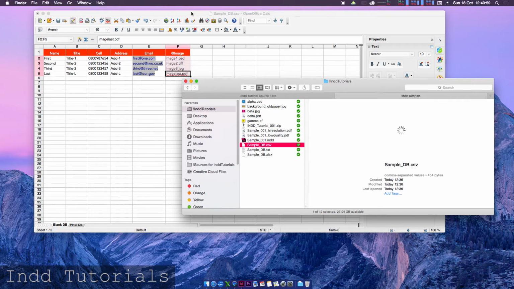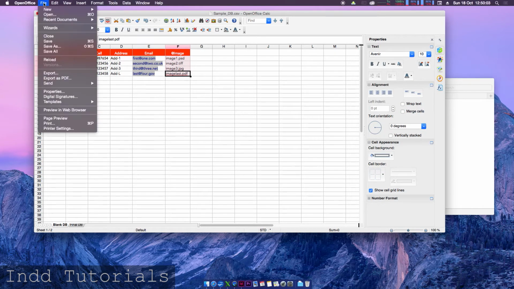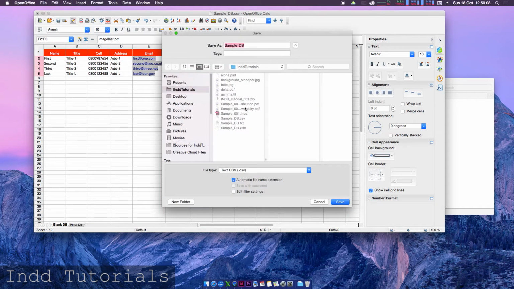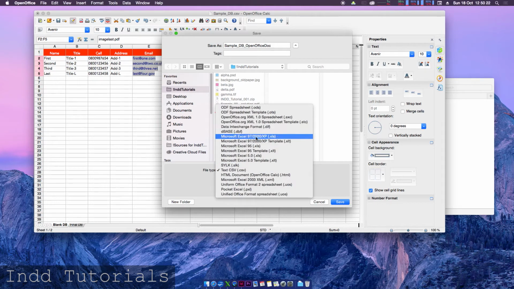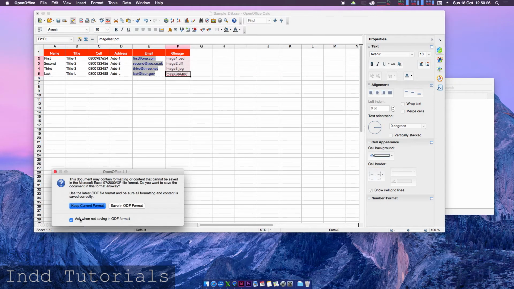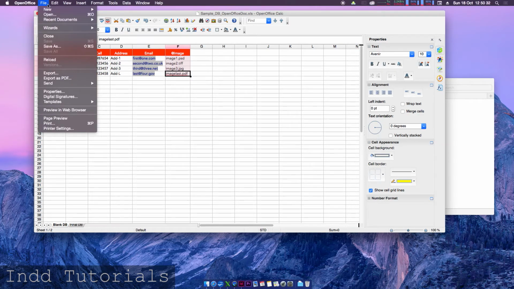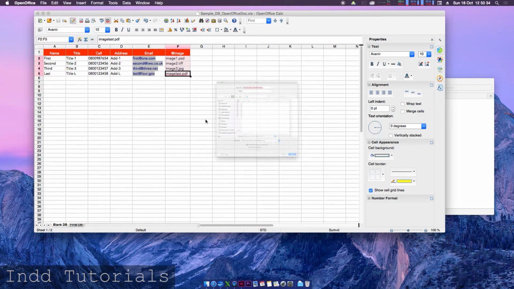Now our database file is ready. First save it as a source file. For example, save as an Excel file. Now we will save our database file for InDesign. If you are using OpenOffice,